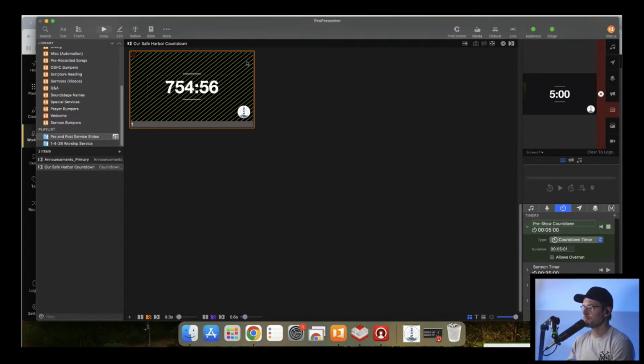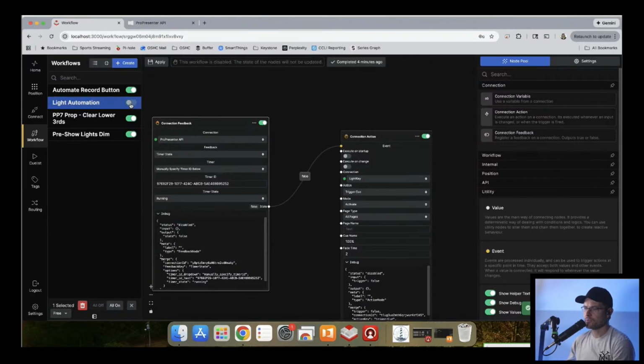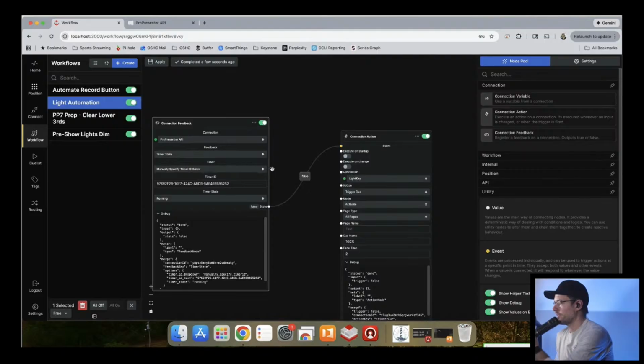I'm going to run this timer just to continue to troubleshoot this a little bit and see what I can come up with. Again, I'm not too sure why. Let's go ahead and kill this and bring it back. It is currently running, so the state of this should say true, that the actual timer itself is running. Sorry, I'm way off the screen here. So the actual timer is running, but it's not.